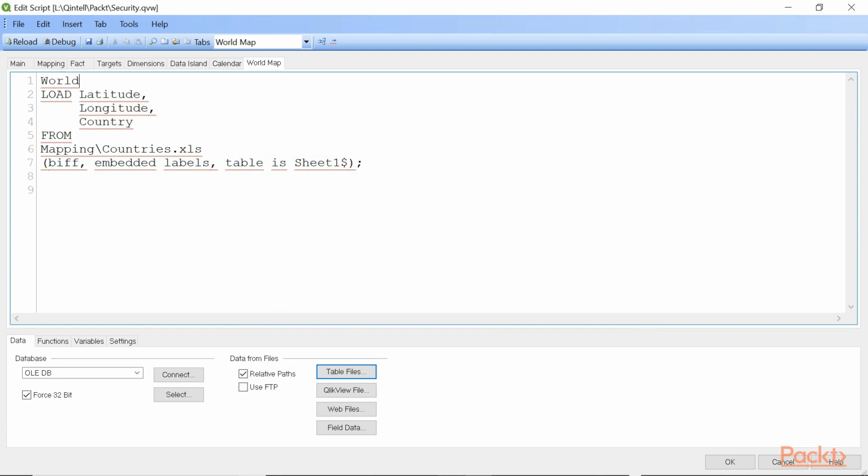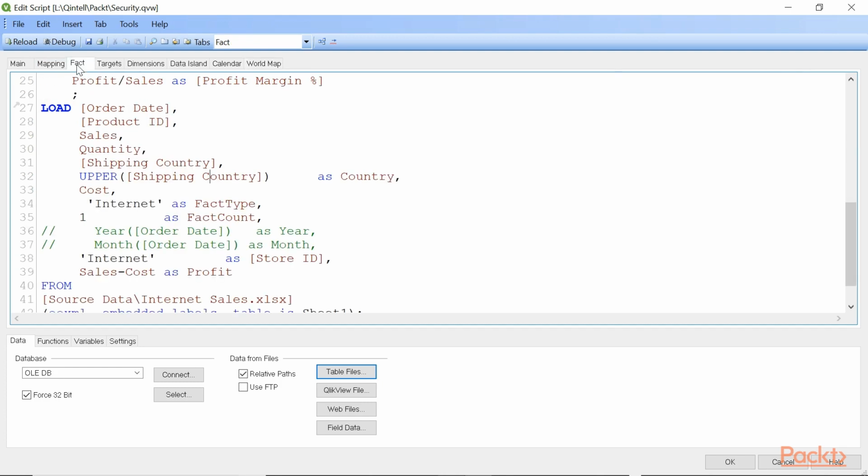Give it a name. So we've got a field called country, which had all the countries in capitals. So what we need to do is reflect that in our fact table to join the two together. If I click on the fact tab, we only need to do this for the internet sales, as they're the only ones we're interested in. And you can see here, I've added a new field called country, where I've taken the shipping country and converted it to uppercase. So if I reload that,